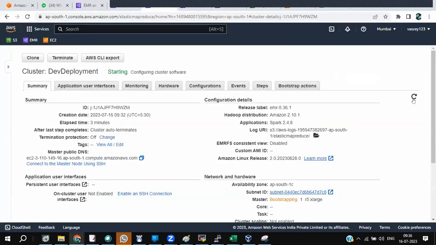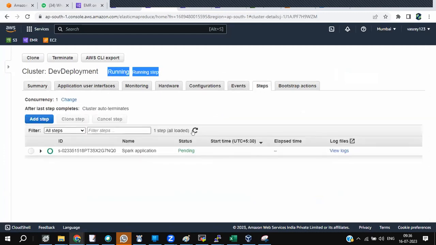Let's see what my current state is. Can you see it change to running state, all of you? If you go to the steps, this will be running shortly. See, it has gone into running state. It is almost started the Spark application, right? This pending changes to running within hardly 15 seconds or so.